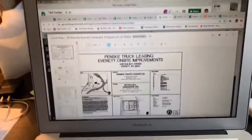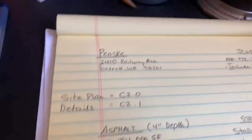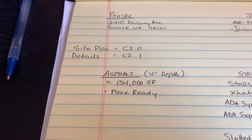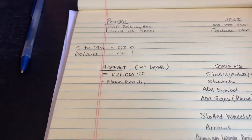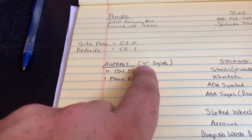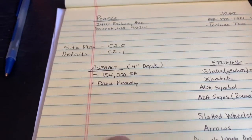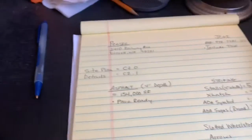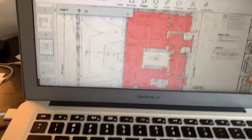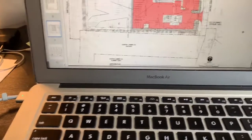Okay, let's get to some of the quantities. So the site plan we're looking at is C2.0, and the details are on C2.1, which are saved in Google Drive. The asphalt detail says to do 4-inch depth asphalt. There is 154,000 square feet that we are bidding as pave ready. So you could see on C2.0,